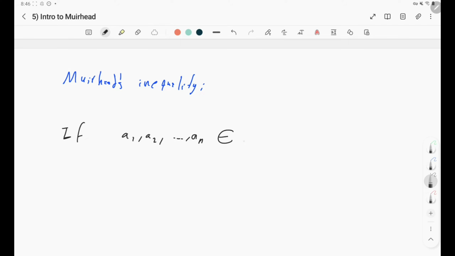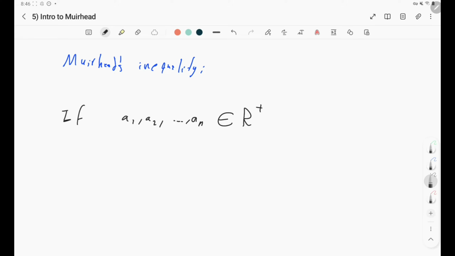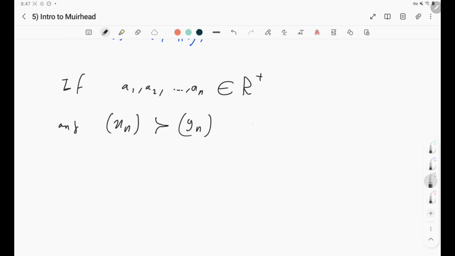These are positive reals, and let's say we also have two sequences, X1 to Xn majorizes Y1 to Yn. Then we have the following inequality: sigma symmetric a1 to the x1, a2 to the x2, till an to the